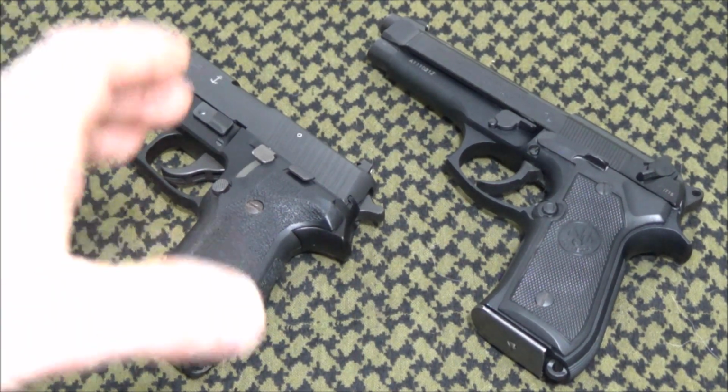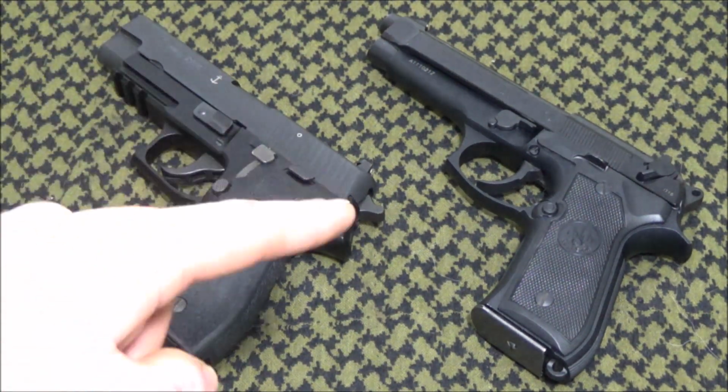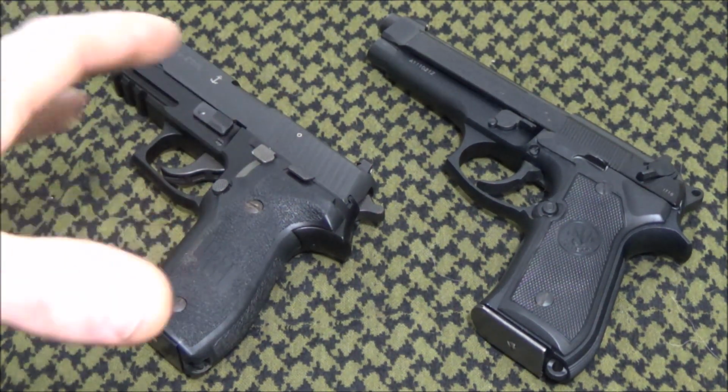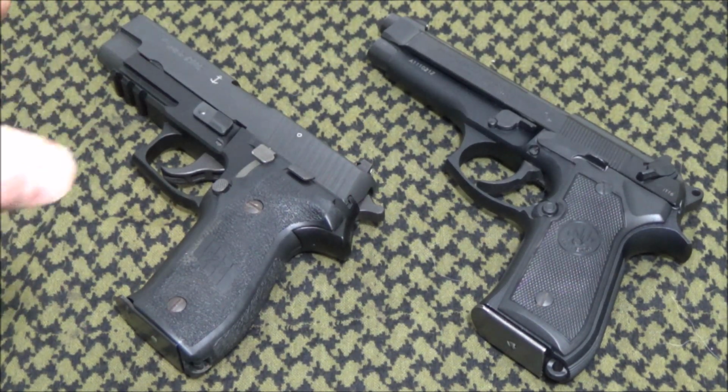With Sig, they haven't really upgraded too much. They've done a little bit with the slide there. It's all one piece now of stainless steel. It's not carbon steel, like 4140 or whatever it was, and a stamped and welded on front piece. They have done some upgrades, but in general what they're finding is the billet frame, the way that it's made,